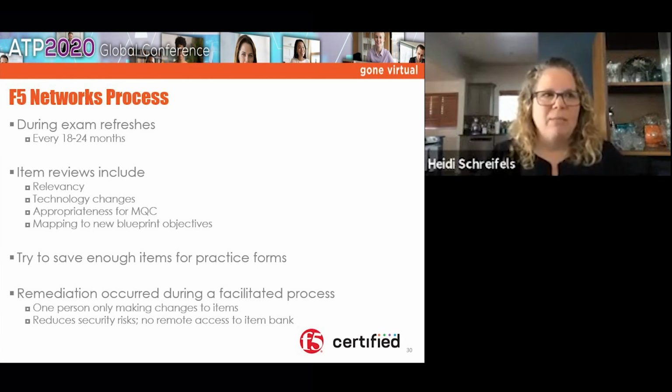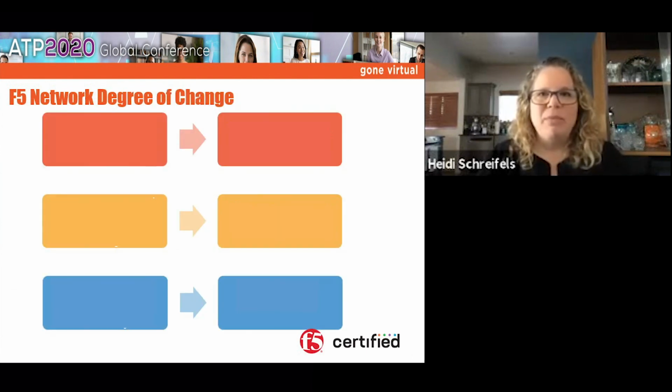Our SMEs come to a collective decision and agreement, which is sometimes a challenge, but we edit in real time and that facilitator captures the information, and it really has proven an effective method for our process. So the degree of change, as I mentioned before, we are looking at everything